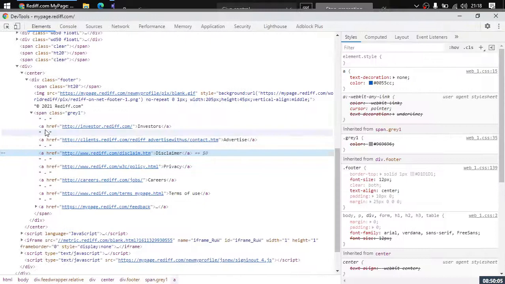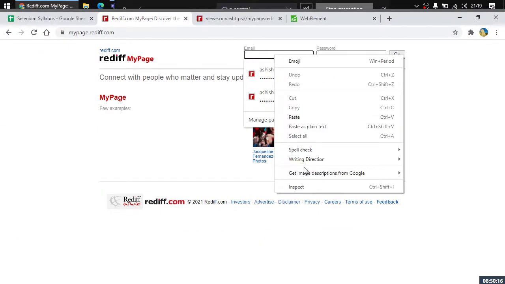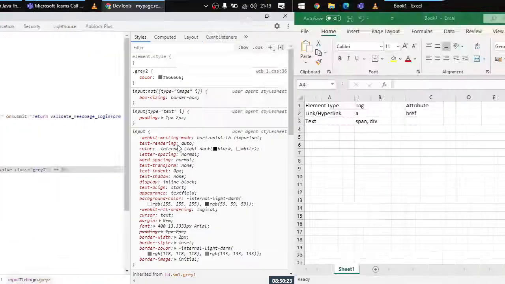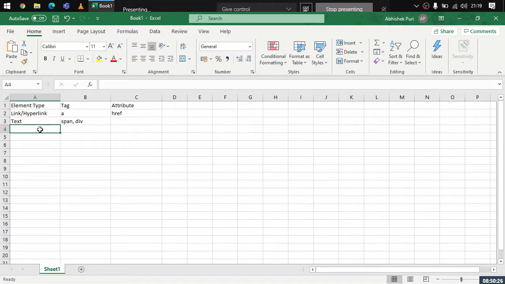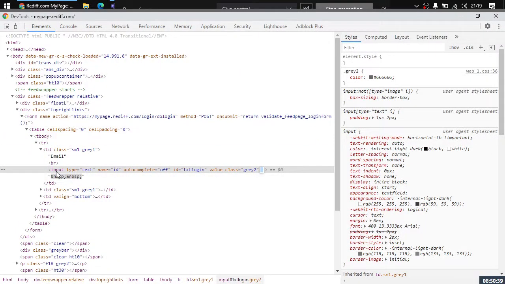Next thing, say here we need to have access to some kind of an element, and that kind of element is this particular text field. Right click here, let us just inspect it. You can see that the text field has a tag name as input, right? So here, text field, or say text input, right? It is allowing us to type text inside it. So it has a tag name as input, right? Here, what is the mandatory attribute here?